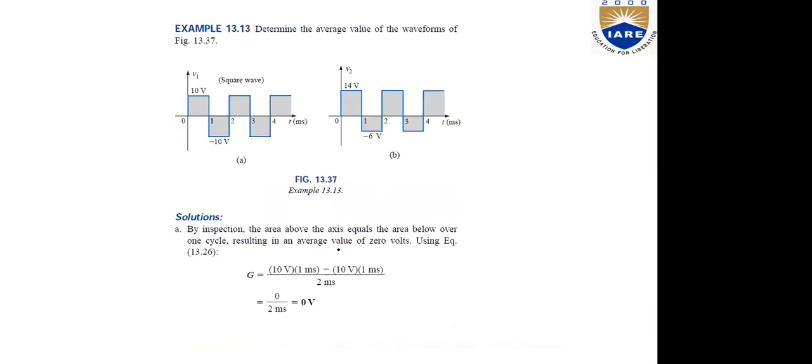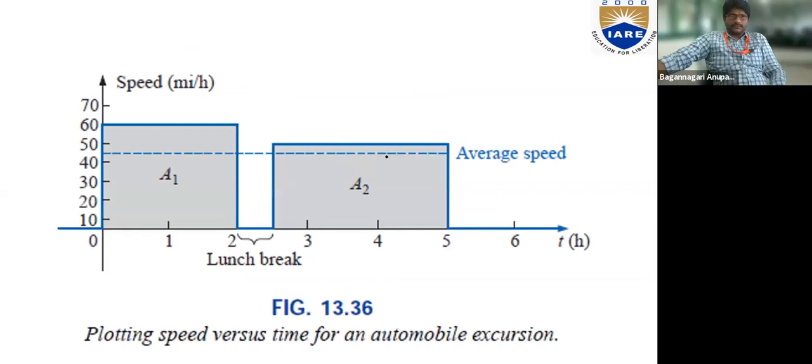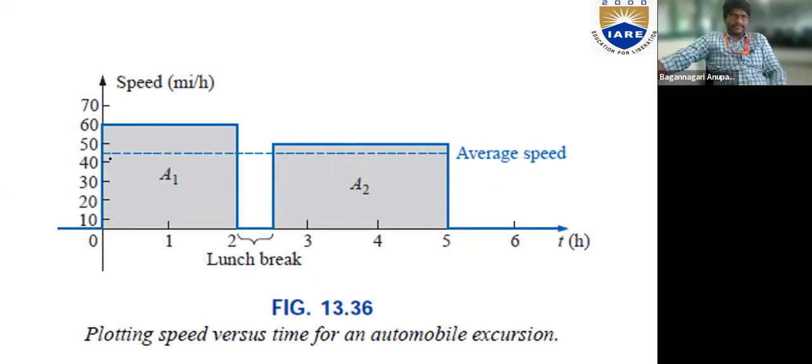Yeah, I will give one more example here. See, you have a square wave, right? Sorry, what's the answer for this? It's 45 miles per hour, right? How do you come to the conclusion? The value which you gain as average, coming to our definition, should be between minimum and maximum positions. Maximum is 60, minimum is 0. It is lying at 45 miles per hour. How did you come to that speed conclusion? How can you calculate it?